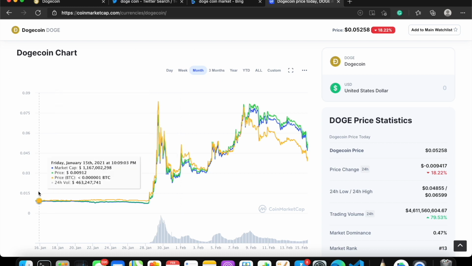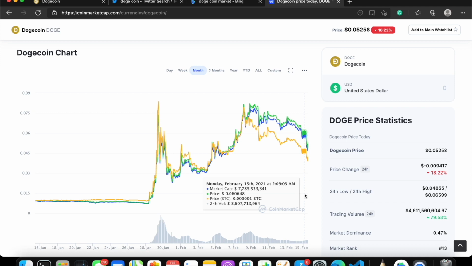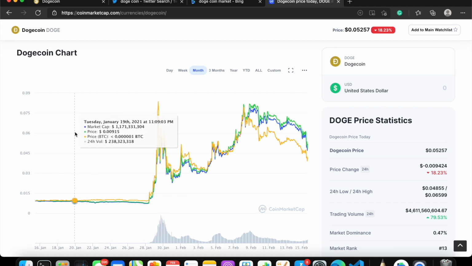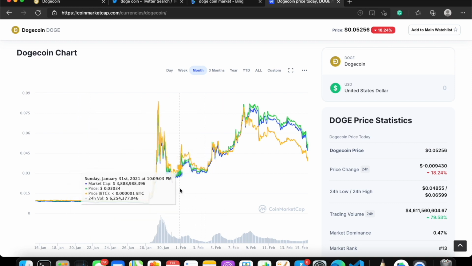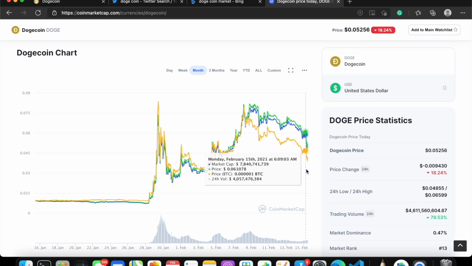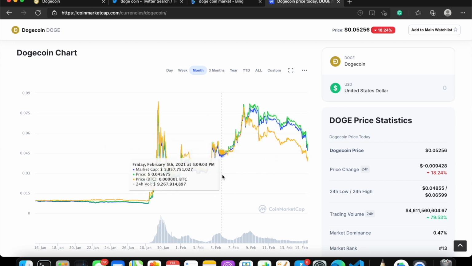So the price is always determined by this. If people are more willing to pay money, the price will increase. That's how it works. So just keep an eye on this graph and make sure you get in at the right time. But if you are a long term investor, well and good, just leave your money here, and after a few years you can see where it has gone. Checking this graph is an important thing.